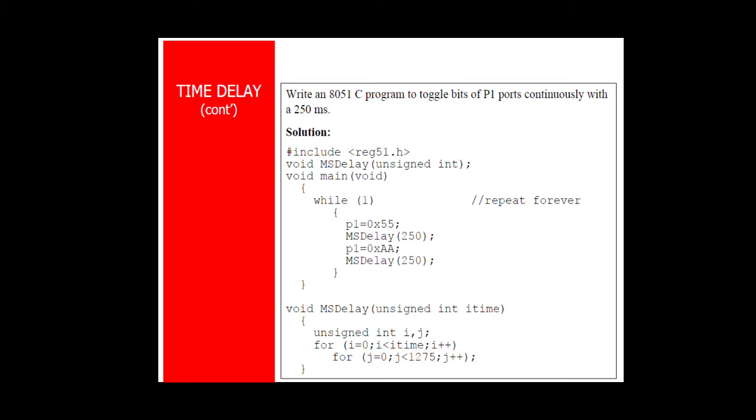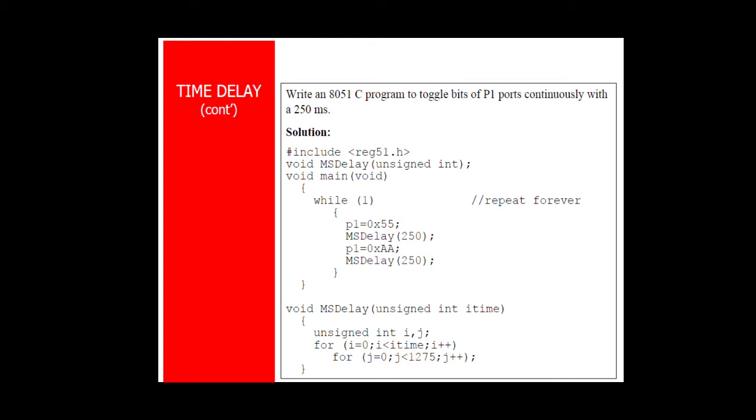And in the main function, while 1 means repeat forever, you can also use the same for loop that we used in the previous example. Initially 55H value is sent. After that the function msdelay is called and the value passed is 250. The function is defined here outside the main function, and in this function there's a simple for loop which executes that number of times.